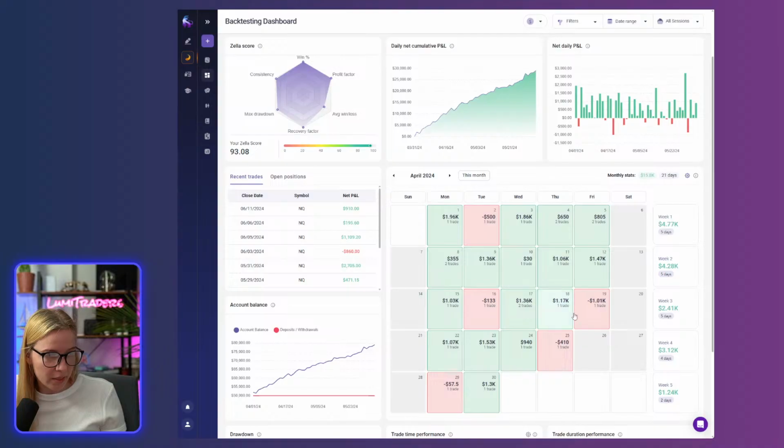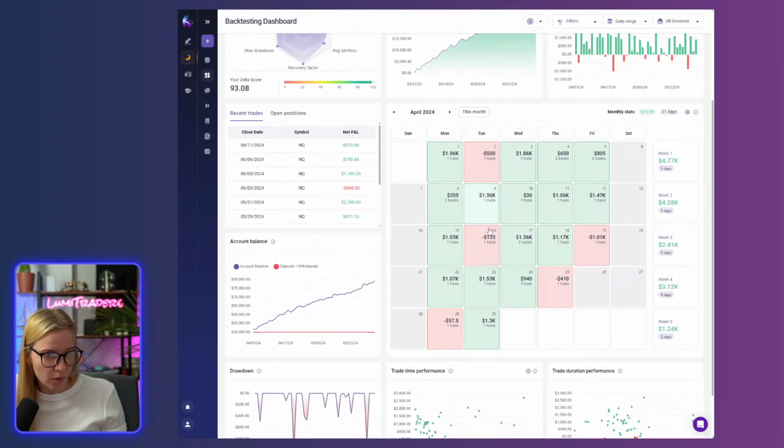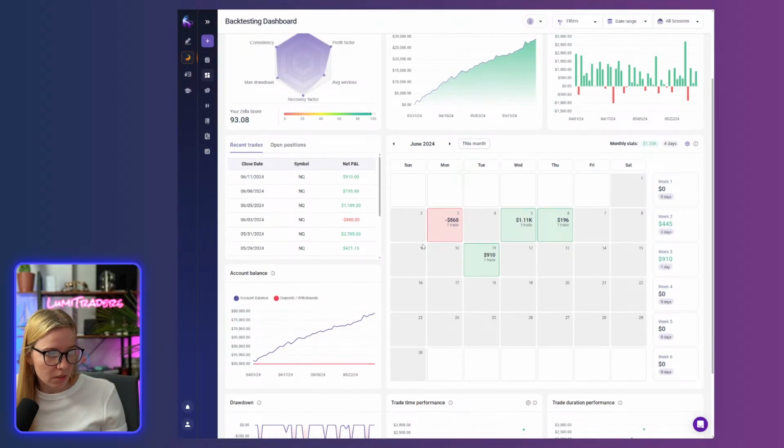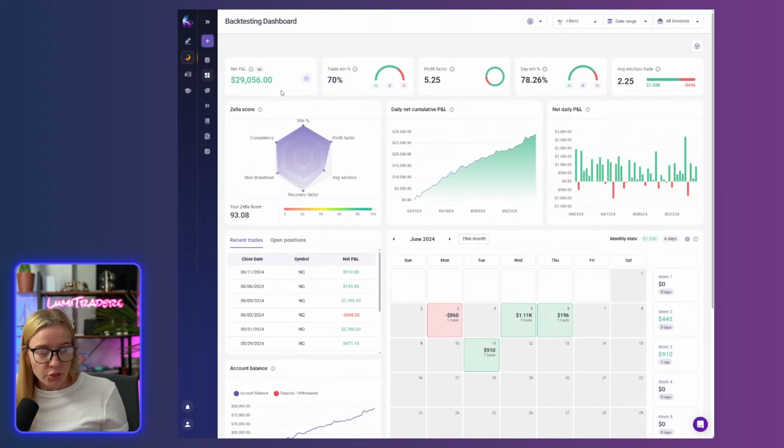As you can see, I backtested April and had 1, 2, 3, 4, 5 losing trades. I backtested May, 4 losing trades, and I backtested June. So far only 1. As you can see, Tuesday did not offer any setup. Friday also did not, and Monday also did not. So for June, 7 trading days, I only got 4 trades. And I traded only 1 mini contract because I decided in my settings to trade only NQ.